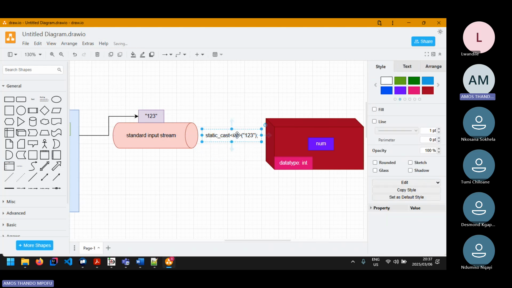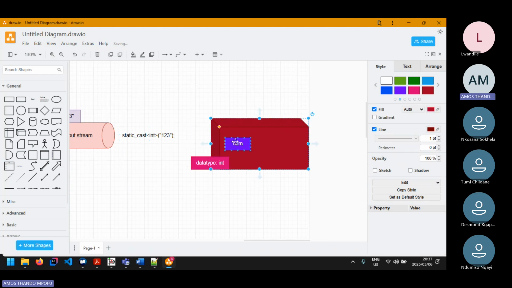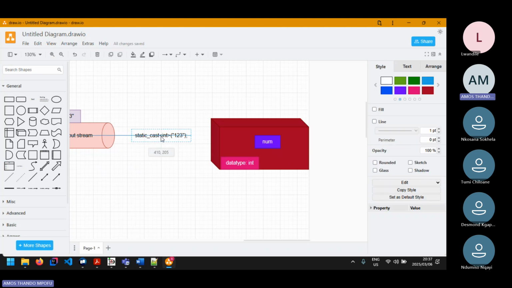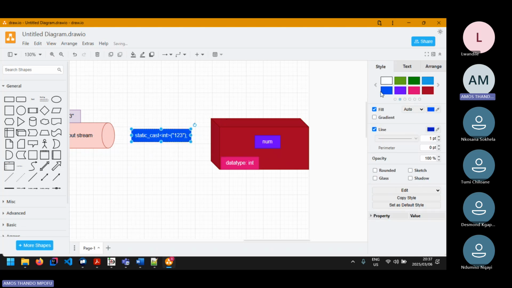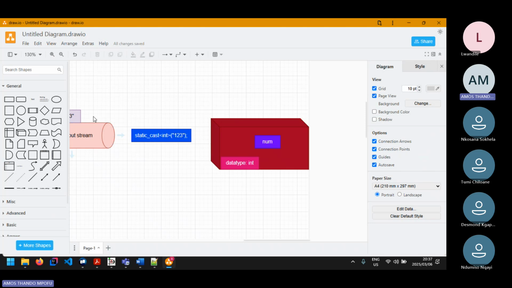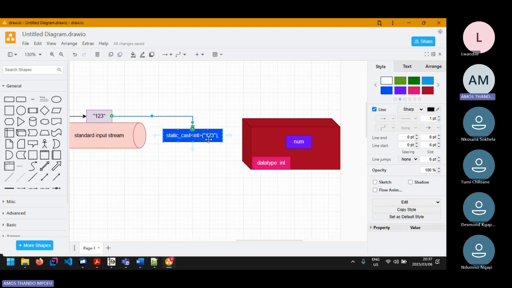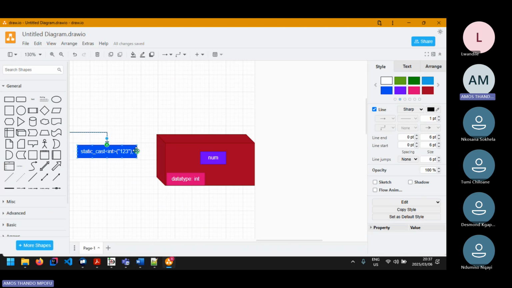So there is here, and then I need to shift this to the side a bit, right? So there's the cast. And then make this blue. So after being, it's going to travel via the input stream. Then the input stream sends it to this guy to cast it, to convert it to the right type. Then after it has been converted to the right type, it's going to be taken and stored into the